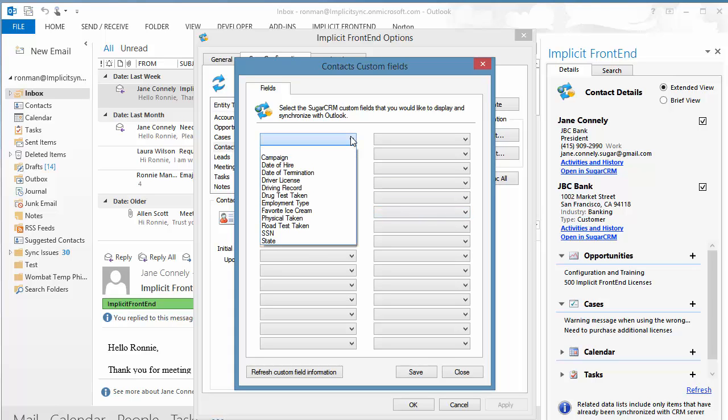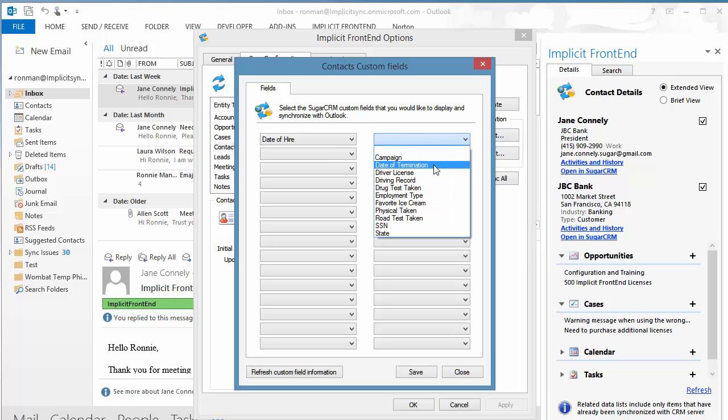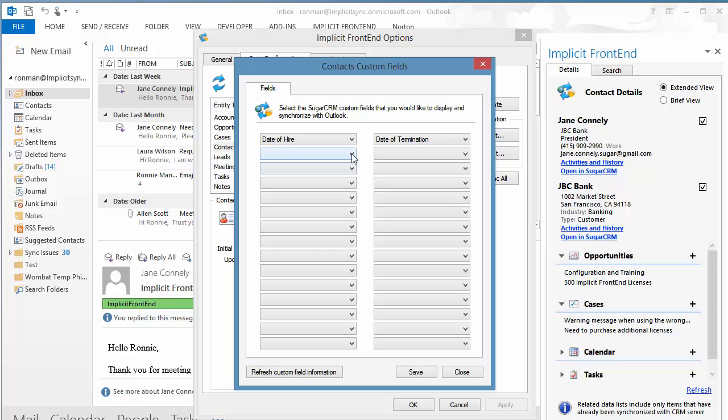In this sample, I've created an application for drivers, and the information is related to their employment. So I'm going to select date of hire, date of termination, social security number, the, say, driver license, and the state,